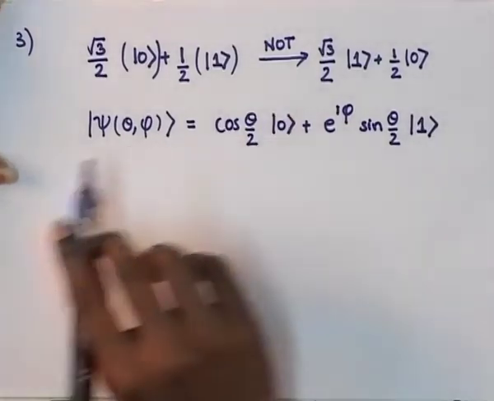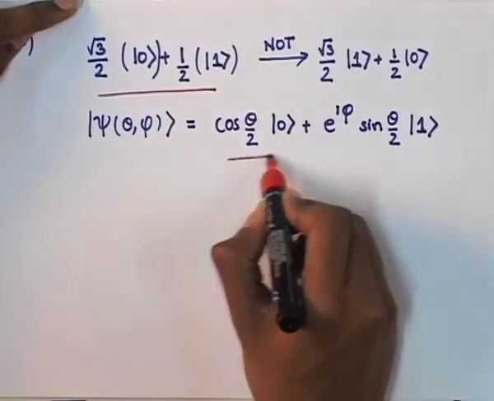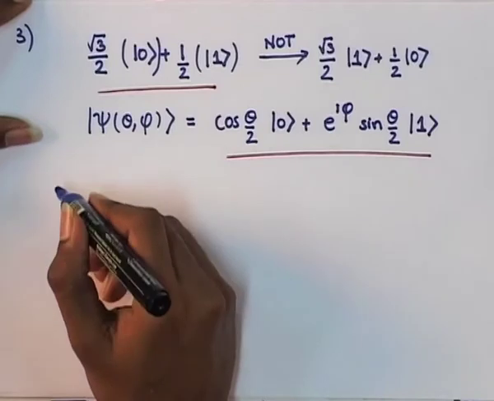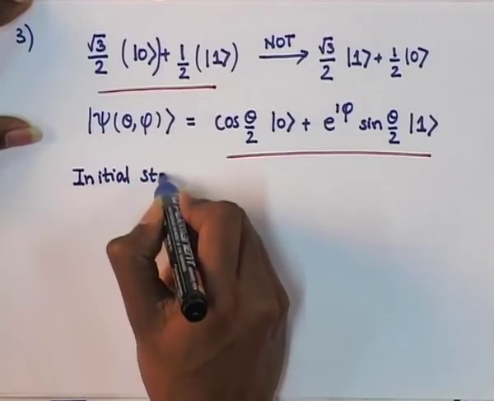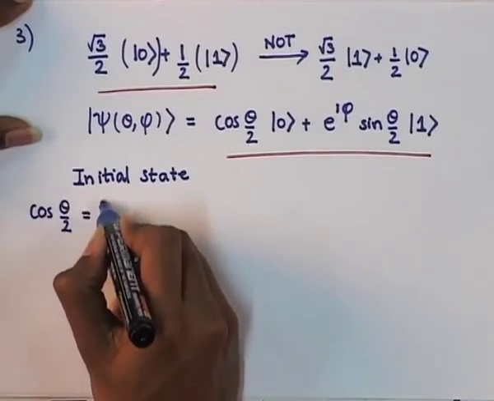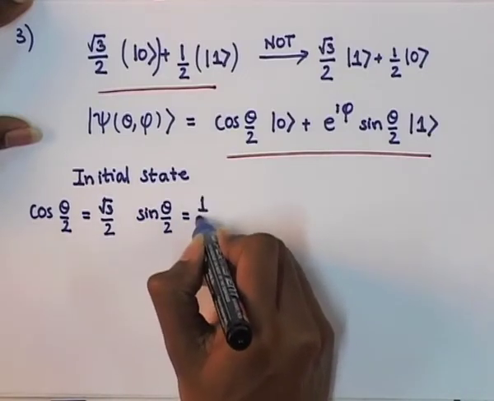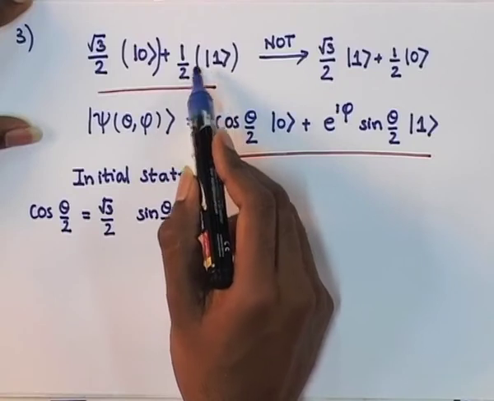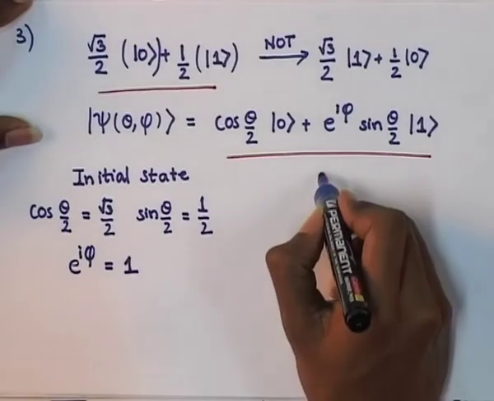So, on comparing this qubit with this form, we see that in the initial state, cos theta by 2 is √3/2 and sin theta by 2 is half, and there is no complex component as a coefficient for the qubit 1. So, the phase is 1. The final state